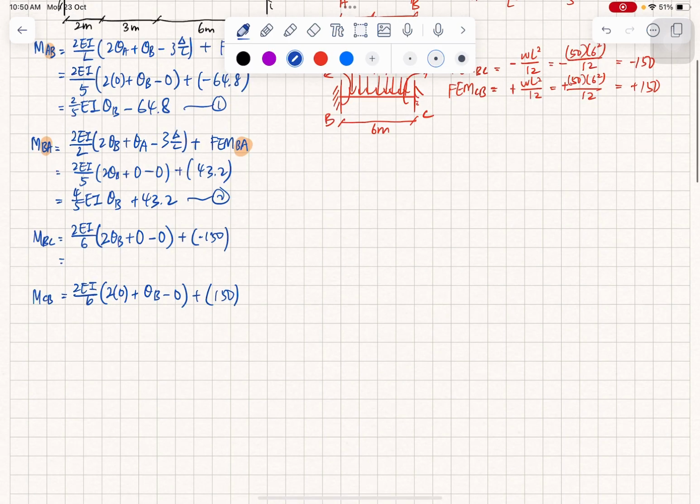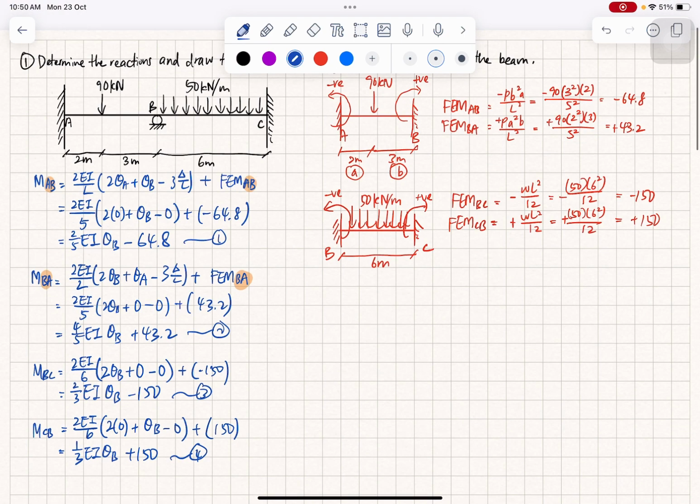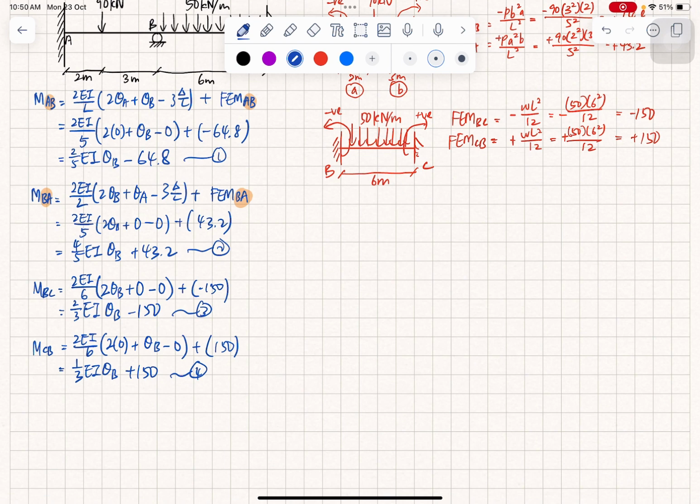Okay, so multiply it. 4 over 6, you get 2 over 3. EI theta B minus 150. 1 over 3 EI theta B plus 150. So this is equation 3. This is equation 4. Okay, so we have to recall one important thing, which is the joint equilibrium